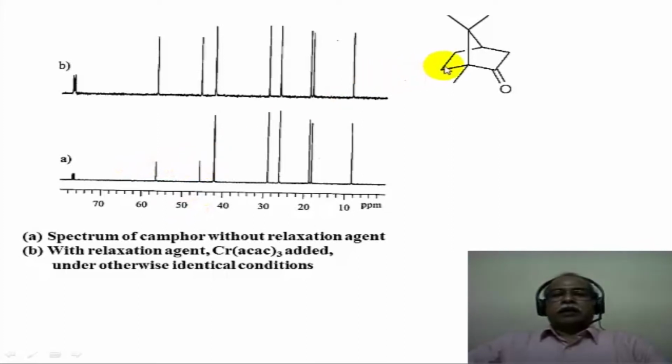These are the quaternary carbons. There are two quaternary carbons in this molecule. One is this bridgehead carbon. The other one is the bridging carbon itself, which is a quaternary carbon. Those two carbons appear as signals with low intensity. With the relaxation agent, of course, you can see that their signal intensity is much improved because of the faster relaxation of the carbon, which comes back to the ground state and does not get saturated in the process.